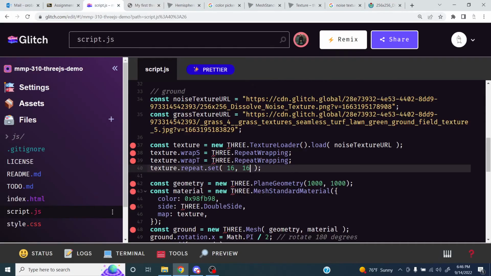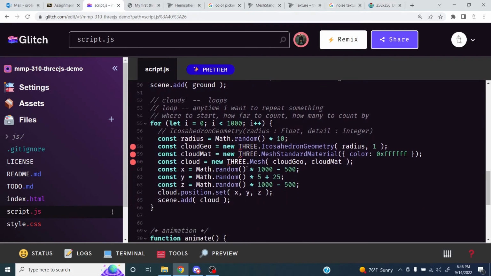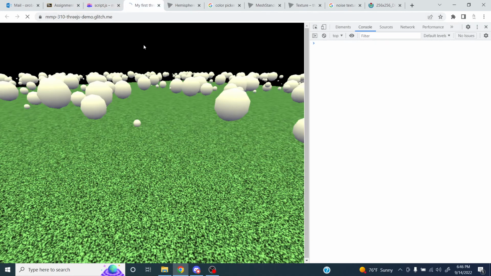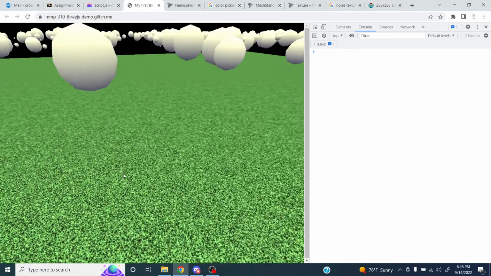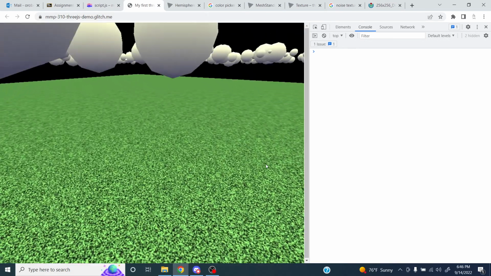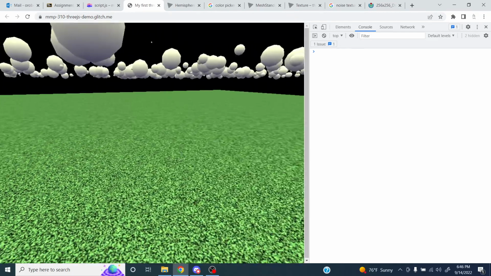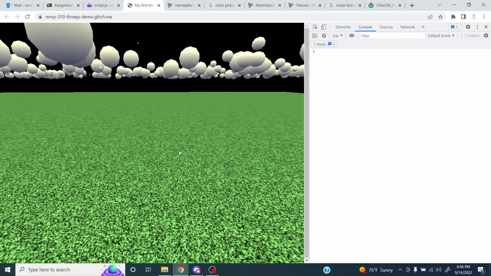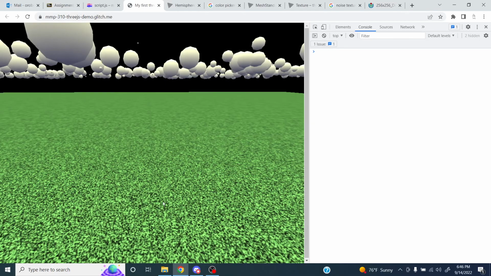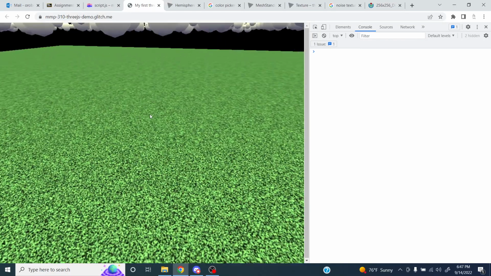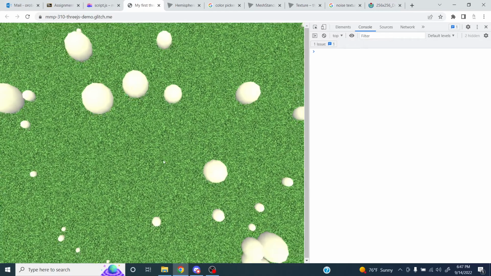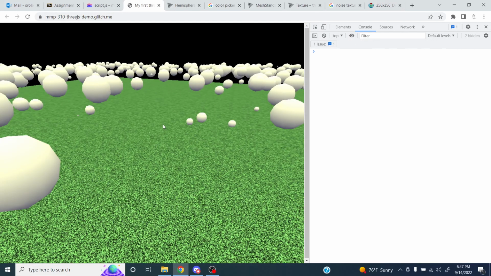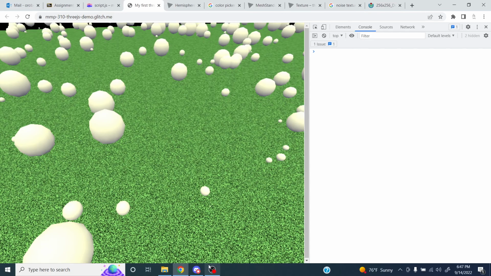I'm going to move my clouds up a bit. Here's my cloud Y. I'm going to move them up to 50. Okay, so that looks a bit better. Let's see, how long have we been going? It's been 40 minutes. I do want to add some more stuff into this scene, but I feel like we've already covered a lot. So I'm going to stop recording for a second and let's